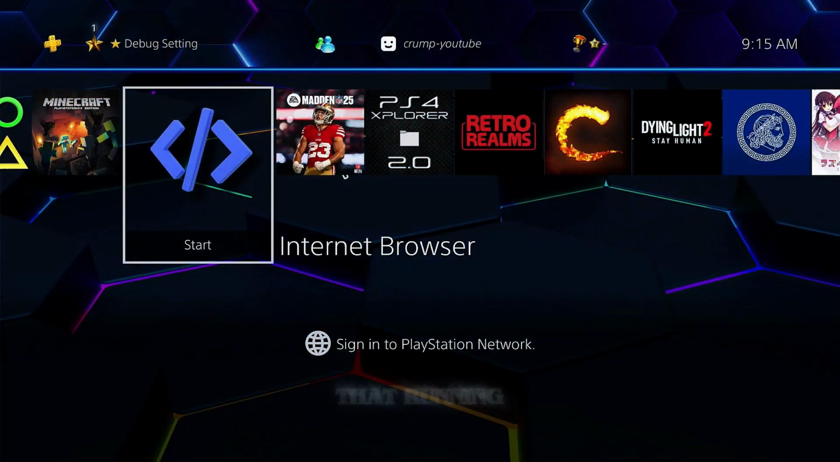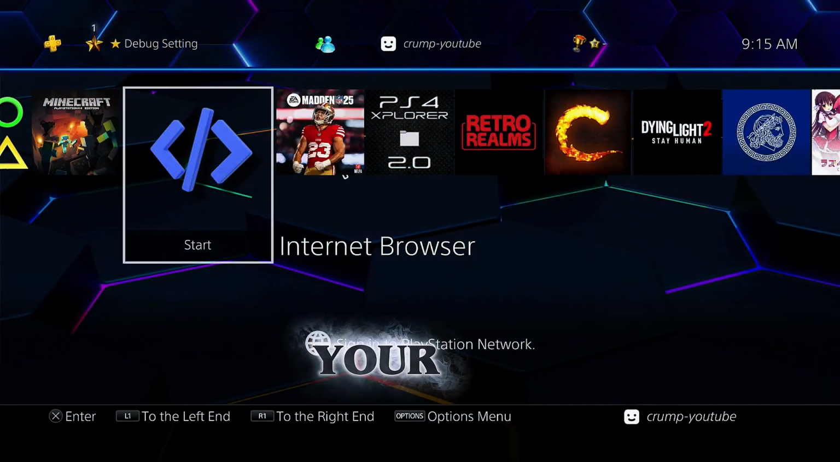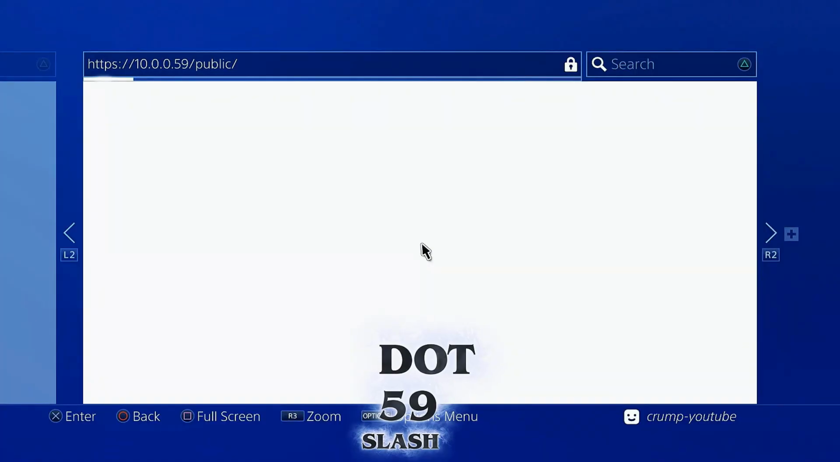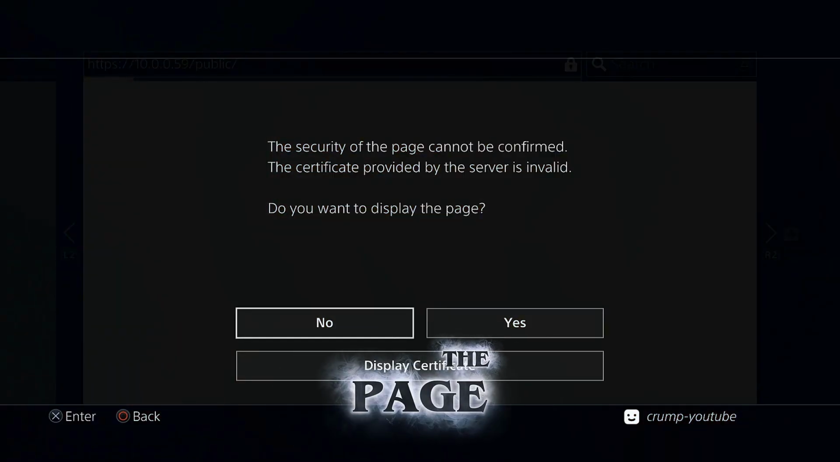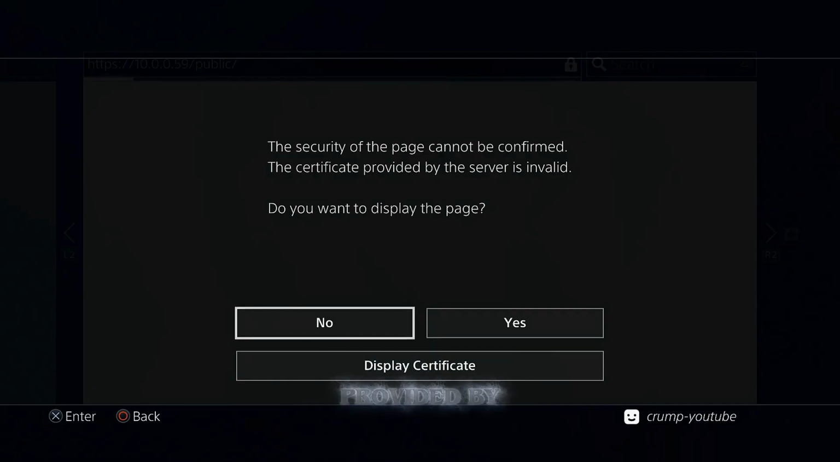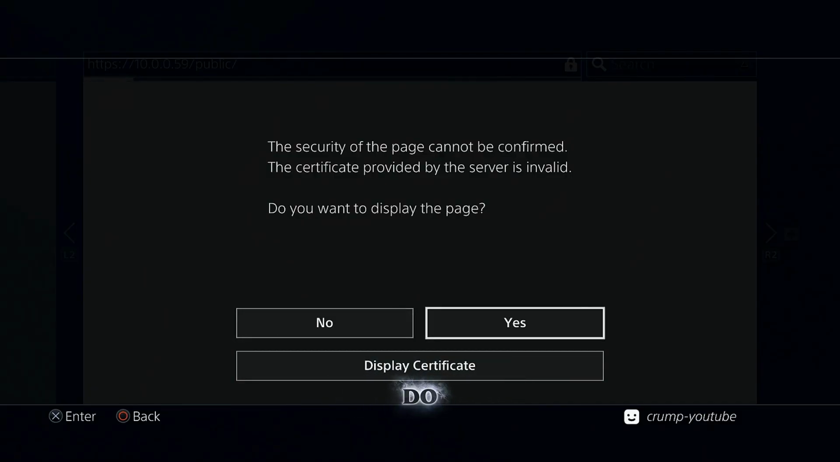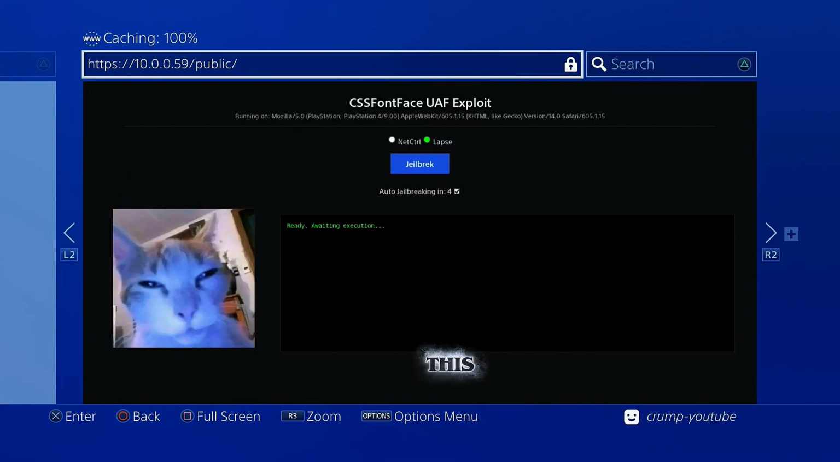Now, once you have all of that running, you're going to want to go over to your internet browser, and we're going to navigate over to the 10.0.0.59/public, and then right here you're going to see that the security of the page cannot be confirmed, the certificate provided by the server is invalid, and do you want to display the page? We're going to come right over here to yes and press X on this